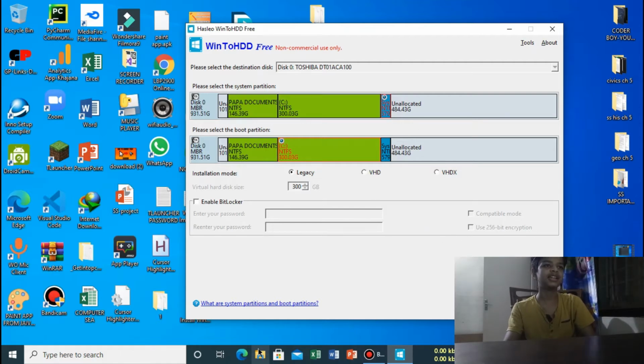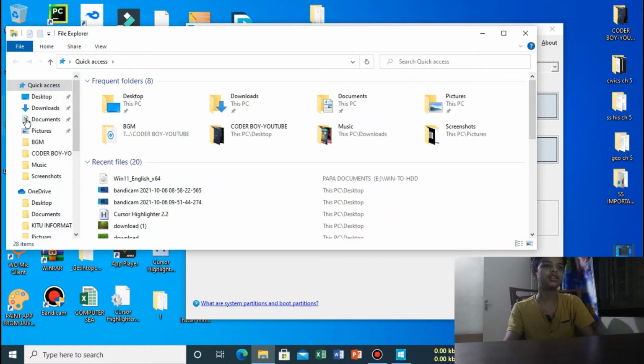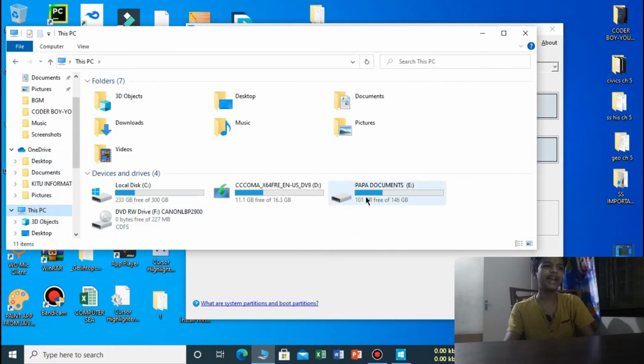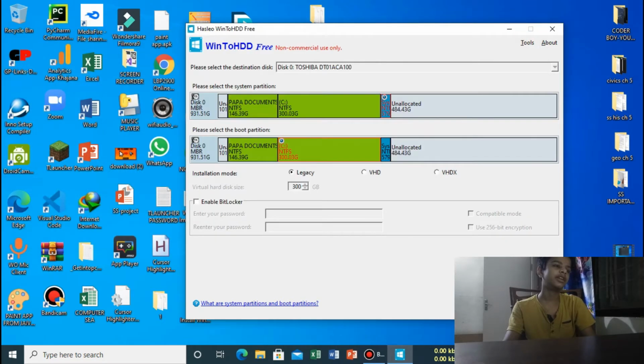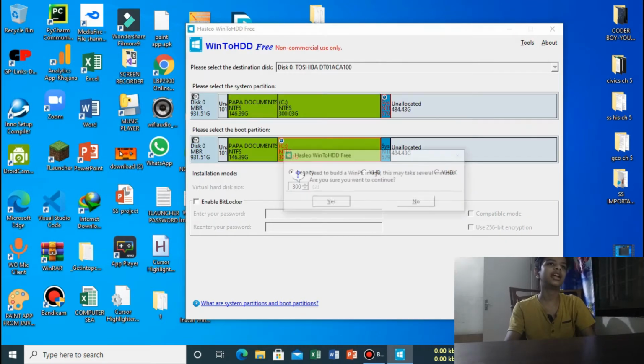Remain it as it is. It will select all the disks here automatically. And I again tell you that take a backup of your computer. Store all the data in other drives or take it in a pen drive or CD. So that's a better way. And don't store any important data in C drive, otherwise it will get deleted.